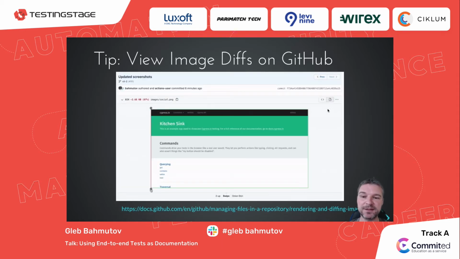But if the image is different, you can actually see before and after. So GitHub automatically, if a file has changed and it's an image, gives you a couple of options how to view it. In this case, I'm using the swipe viewer, and you can see that the querying text right there shows the differences in the generated image. This is actually one of the arguments why you want to generate the screenshots on CI in the same container with the same fonts and operating system libraries, because they will be different machine to machine.